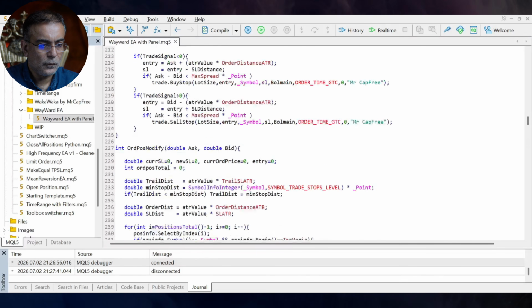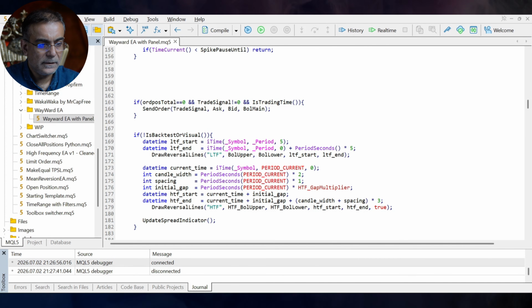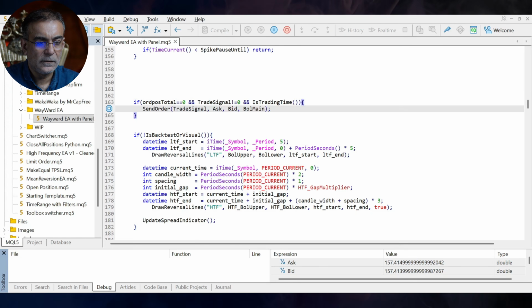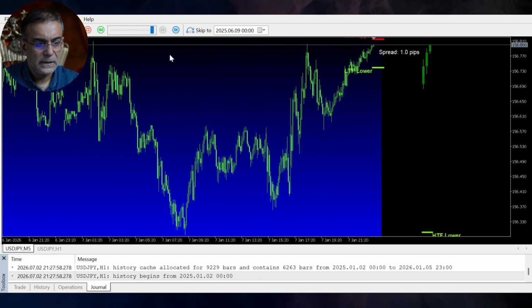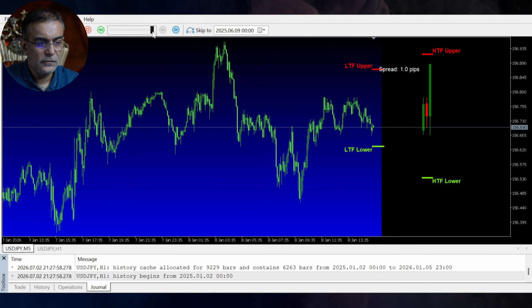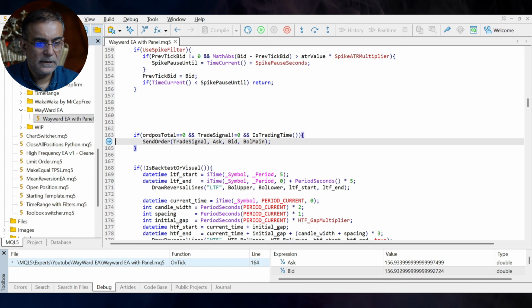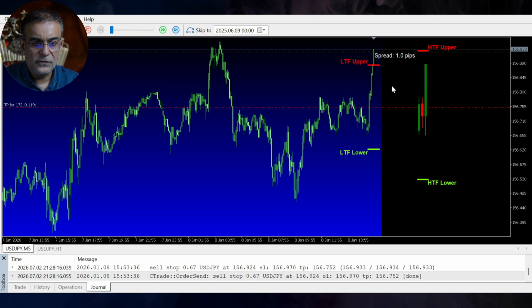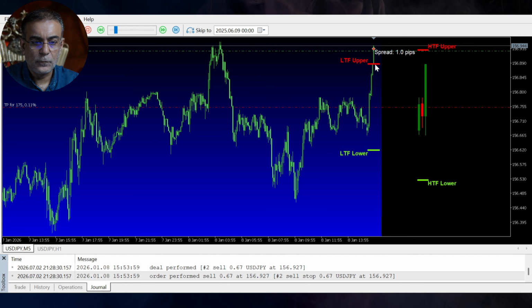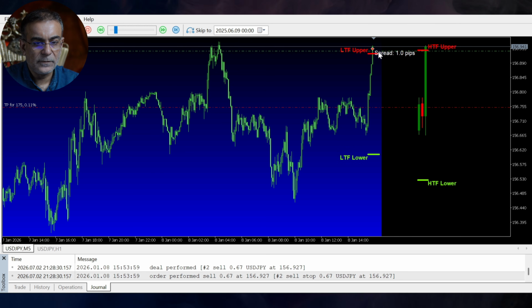Let's go back to Meta Editor. And here we're going to put a block on send order. So we can run the test fast, and once it comes to the send order, the EA will pause. And here the EA pauses because we are sending an order, and if I press the play button, then we can see that price has broken outside of the lower time frame upper, but also the higher time frame upper as well. So this is why we have now the sell stop,